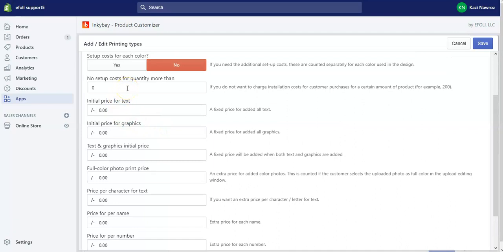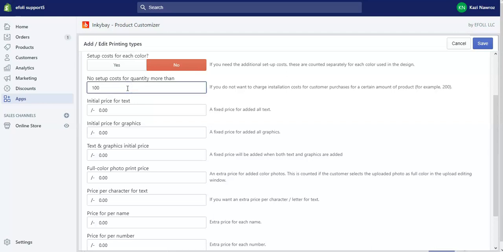So then you can add this. For example, if you produce something in bulk, the overhead cost reduces. So if you don't want your customers to be charged extra for setup cost for more than 100 units, you can do that.